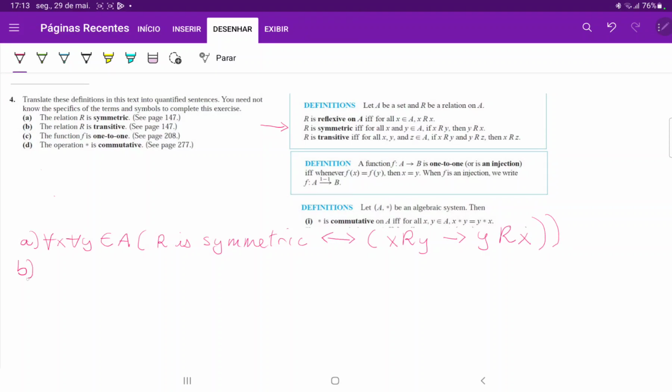So for B, we have the relation R is transitive. So we're over here. And once more, we're saying for all X, Y, and Z. So we always begin with our quantifiers. Here we have the universal. So for all X, for all Y, and for all Z belonging to the universe A. And then we're saying R is transitive if and only if